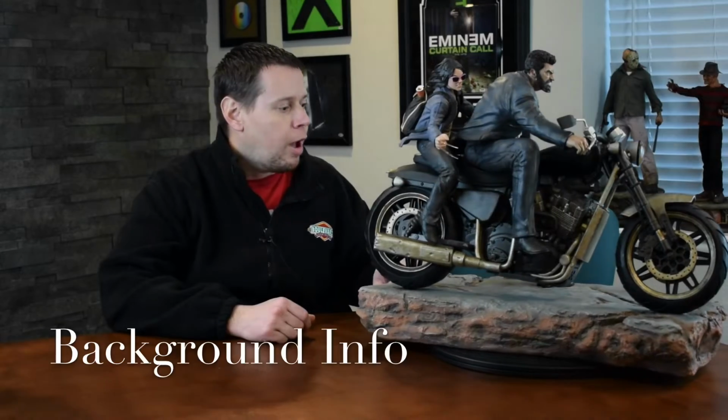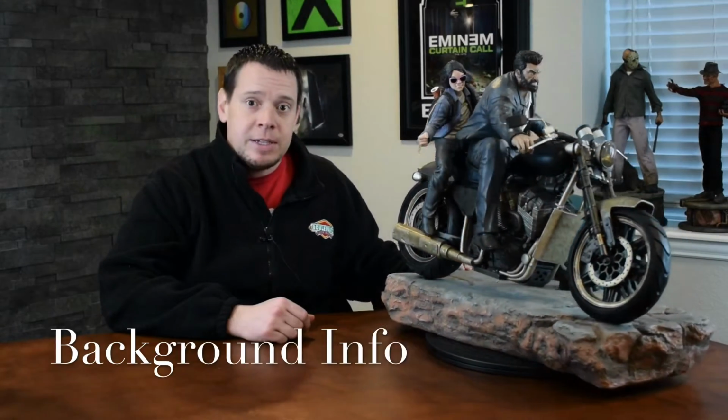Ultimate Collectibles here with a quarter scale custom diorama. I'd say it's a diorama. There's more than one character, Logan and Laura. I'm assuming this is conceptually based off of the Logan movie, which I initially wasn't a big fan of for